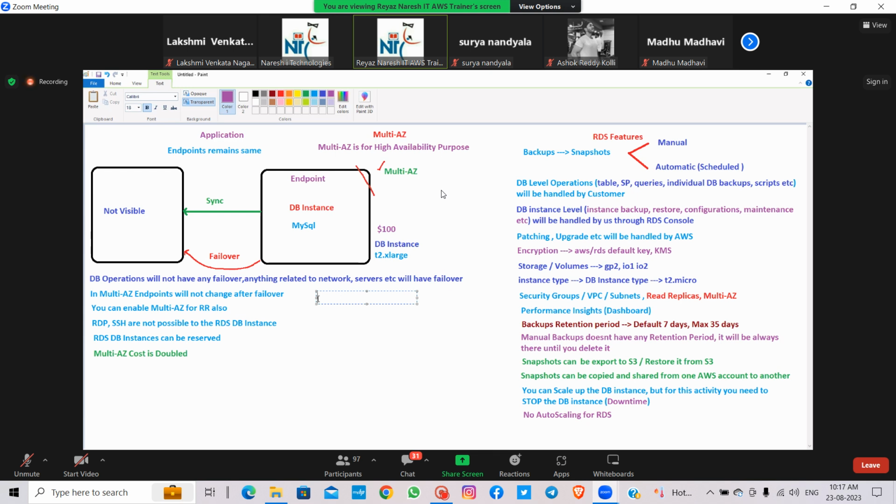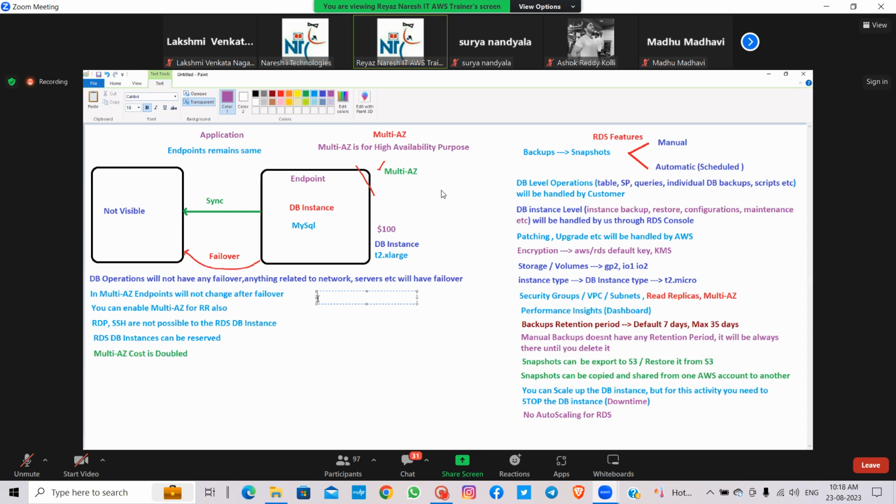Let's say you have launched a DB instance and given 100 GB. This is sufficient for the next 6 months. After 6 months, this 100 GB will get full, and once your volume is full, your DB will stop working, saying your storage is full and it cannot write.